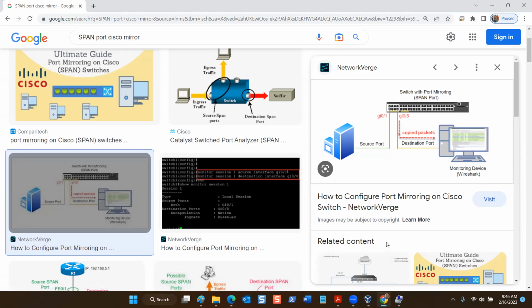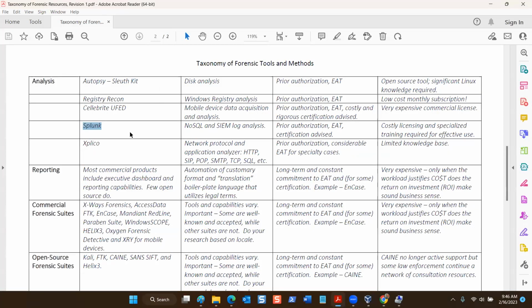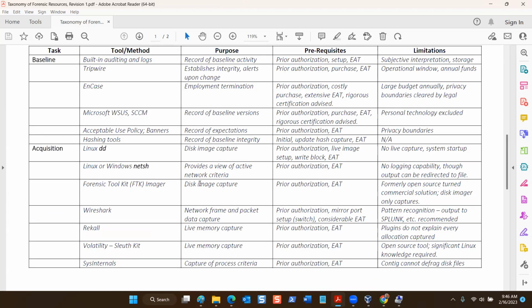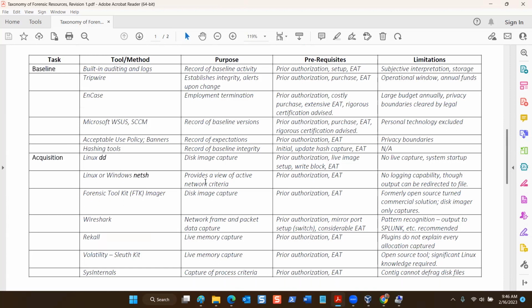So, I mean, do you have to become like a database expert? Well, yes and no. The trick is to understand that there are NoSQL tools where data is carried and used in a variety of formats that differ, and you still have to find the needle in the haystack. You have to find the event specific that helps you trace the next step in your forensics, right? And these are things that have to be set up in advance, which is why SCCM, Microsoft, right? We talk about baseline, Microsoft SCCM,